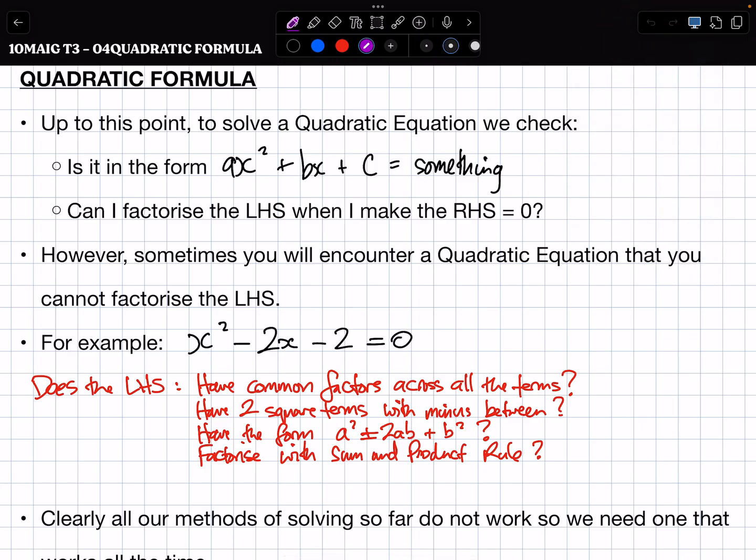All right, this is your final option. I was going to say the final solution, but that has negative connotations. The quadratic formula. Up to this point, to solve a quadratic equation, we check: